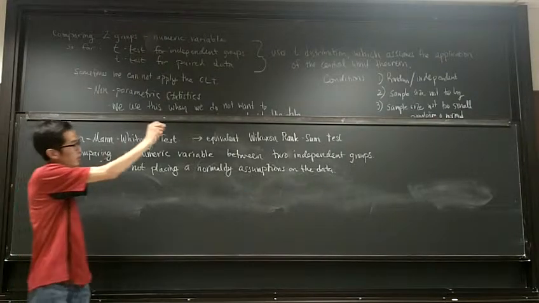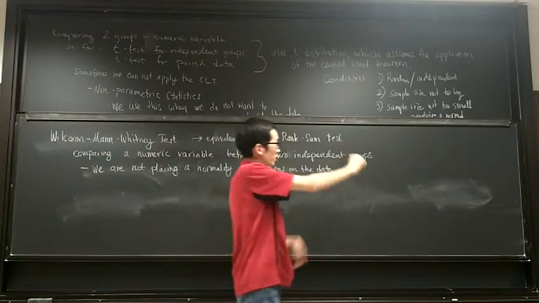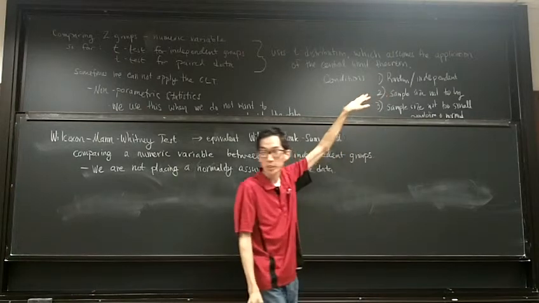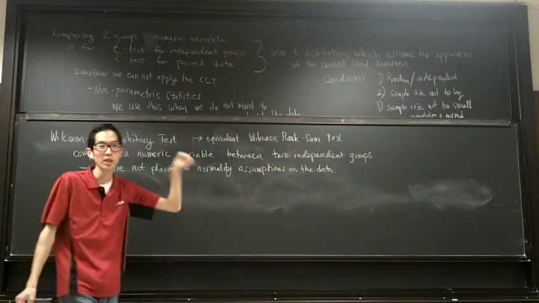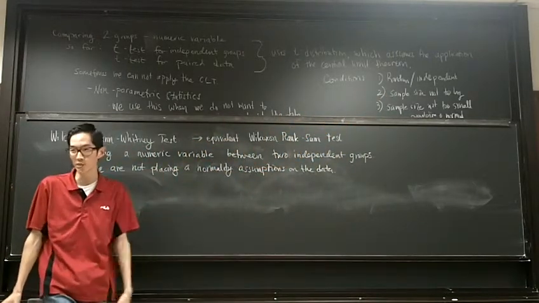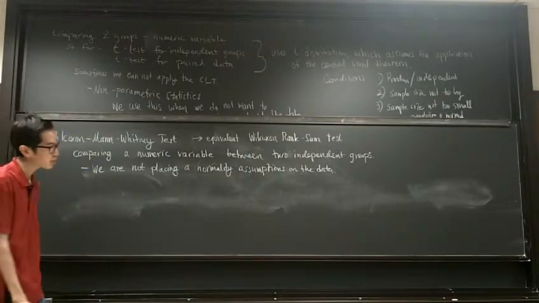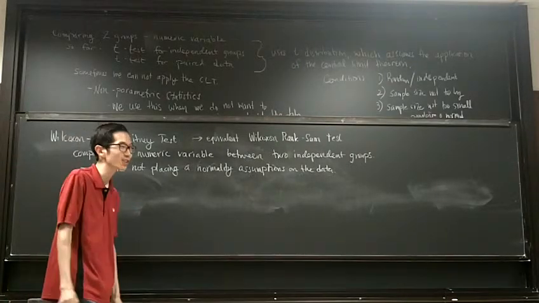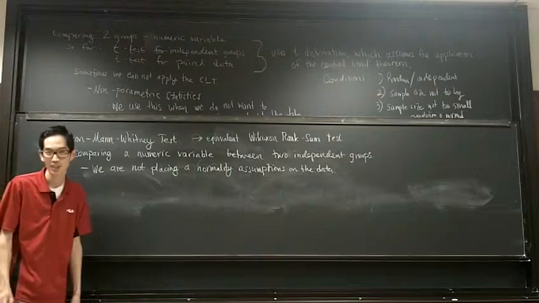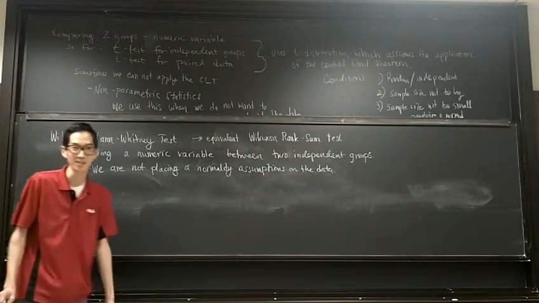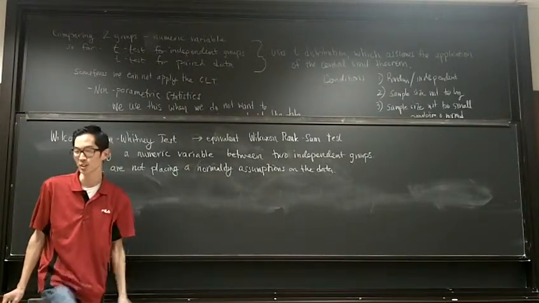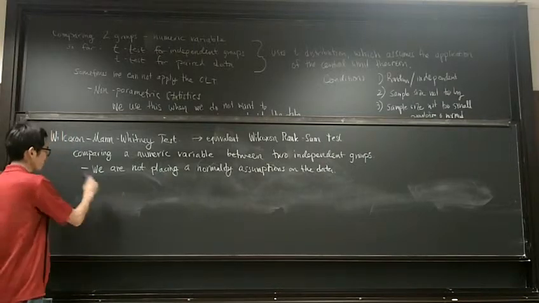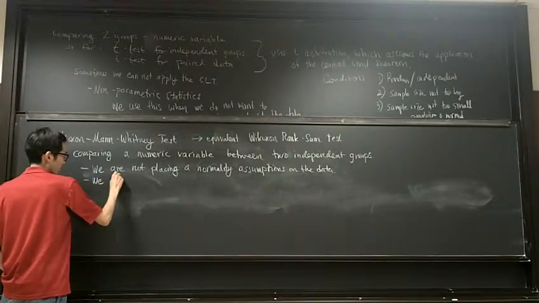The key assumption that's still in place is that the data is random and independent. We're still assuming that the data we have is selected randomly. That seems to be an assumption that's very difficult to escape in statistics. Any kind of statistical test, it seems very difficult to escape that assumption. We still assume